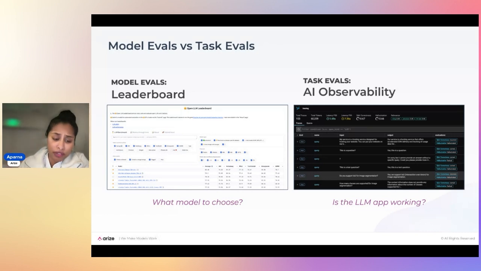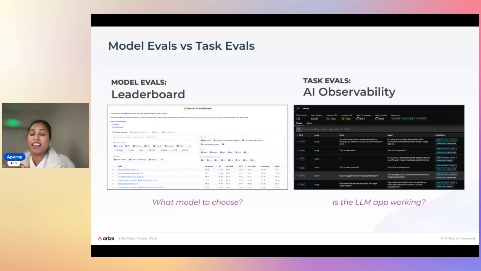And so there are model evals and there are also task evals. If you're an AI engineer, the one you probably care about, if I'm honest, is the task evals. You might use the model evals just to help you figure out what model to use, but day in, day out, the one you're going to care about is the task evals. These are the ones that help you answer, is my application working?